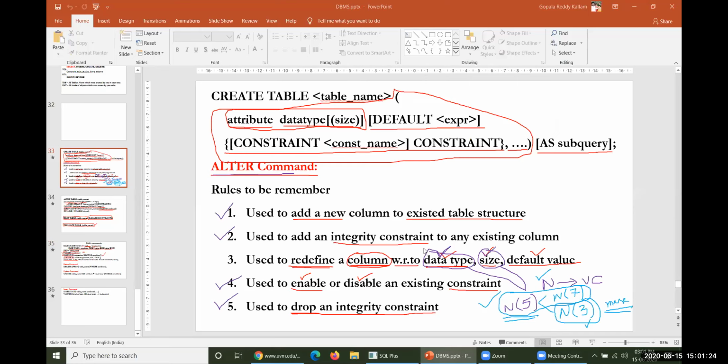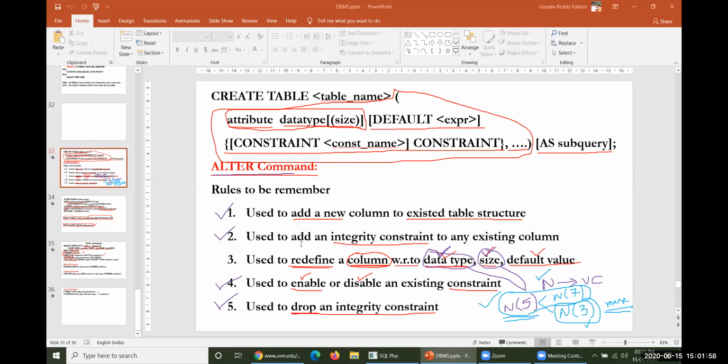Good afternoon to everyone. Already we have seen some SQL commands in the previous classes. Today we would like to evaluate each and every command, and how to create a table. Already we have seen how to create the table, and the alter command also we have seen very clearly. And today we would like to concentrate on